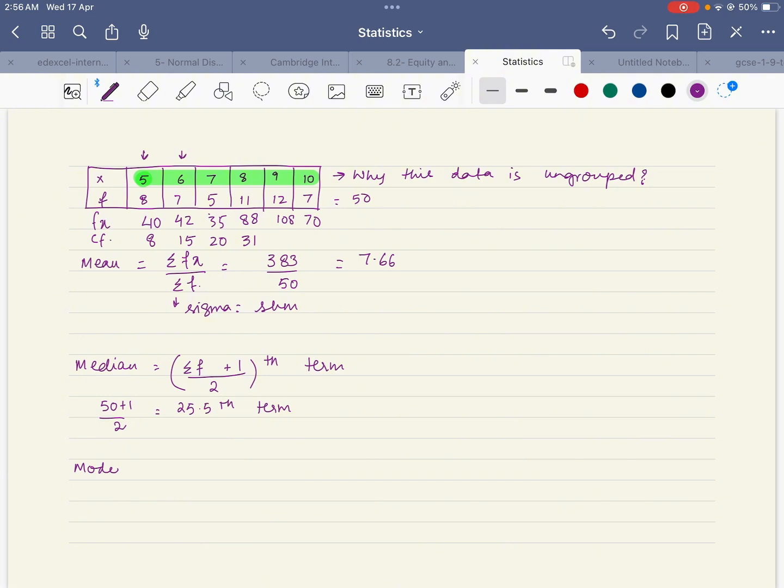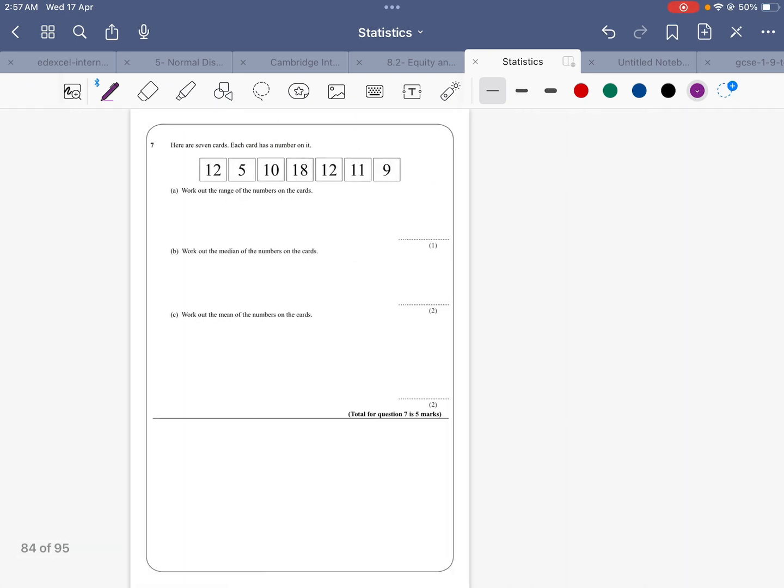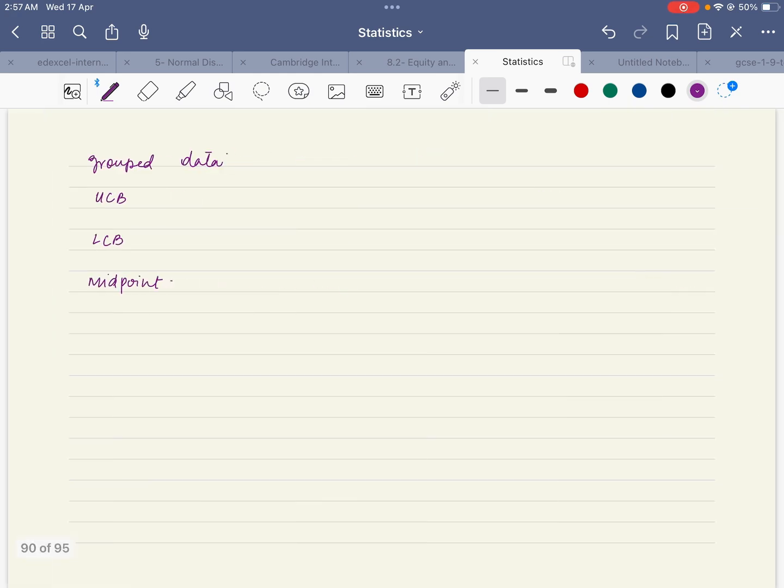So from the 21st till the 31st term we have 8. Right? The 25th term is 8. The 26th term is also 8. You take the average of both. Answer is 8, so your median is 8. And mode is the most occurring number. So mode is equal to 9 for this data. Averages you can calculate. Okay. Next is